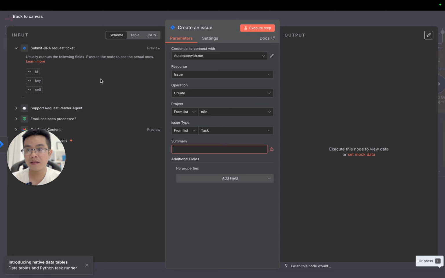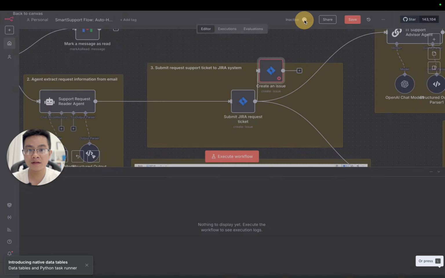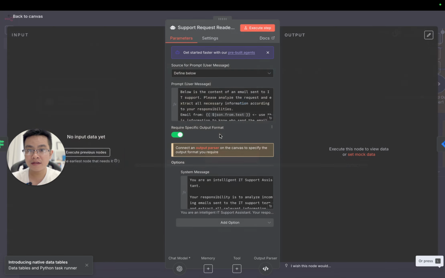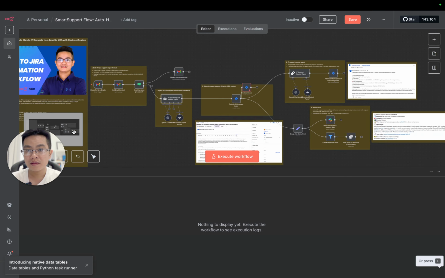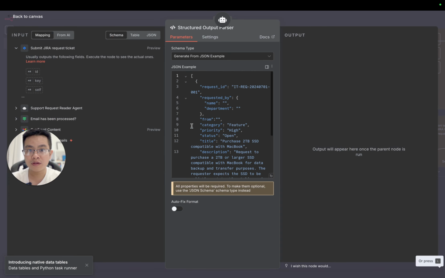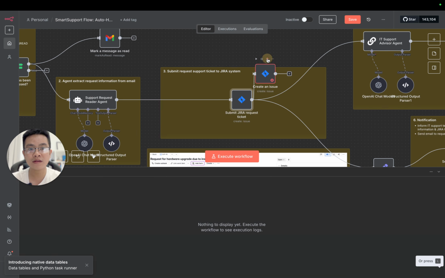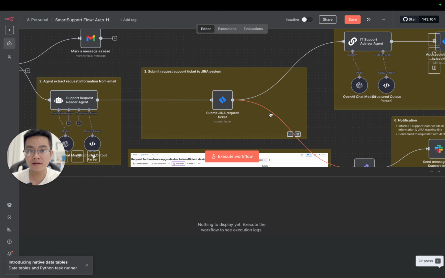it can be the information that we get from the previous step. For example, in the workflow, I have the agent that creates the output, right? So it creates the output, like all the information that I need to create a Jira ticket. So I'm going to show you here, right? I have the task, and then I push the summary and all the information, and then after I execute it, the new issue will be created. So this is how we can configure the Jira node, for the credential, and then use it to create a Jira ticket, right?